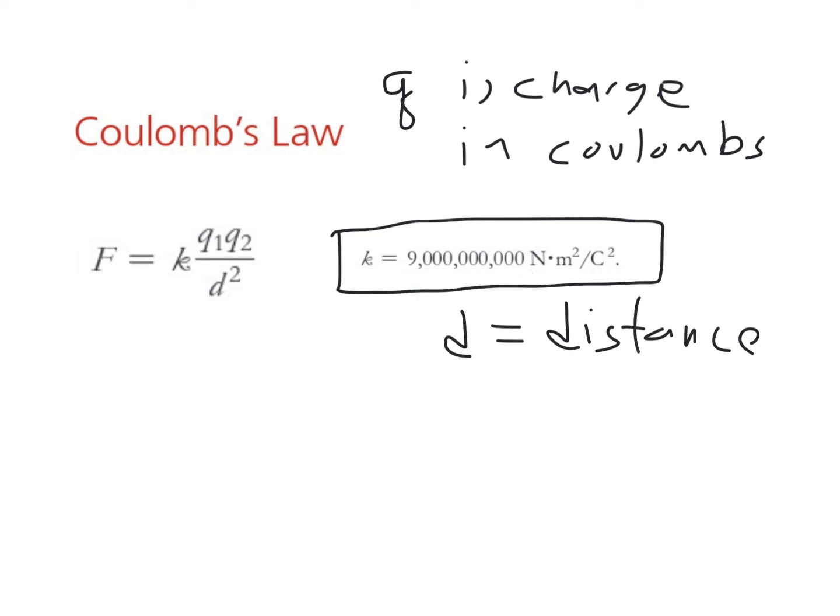Now you might recognize this equation. It might look like something we've seen before. If you remember, the force of gravity looked very similar. It said the force of gravity between any two masses, which you multiply the masses together, you divide by the distance squared, and you multiply them by this constant big G. And if you remember, big G was a really tiny number. And so what this shows is that the electric force is way, way stronger than the gravitational force.